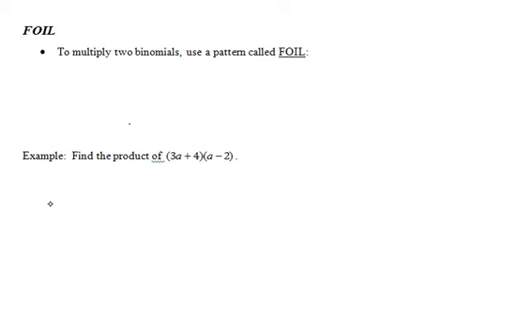Here we're going to look at multiplying two binomials together. Now remember, binomials have just two terms each. So binomials only have two terms. Now if I have two binomials that I want to multiply together, I can use this pattern called FOIL, where